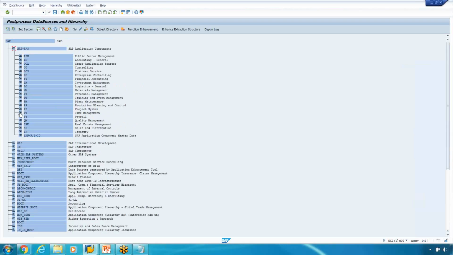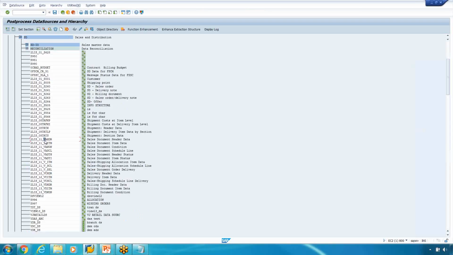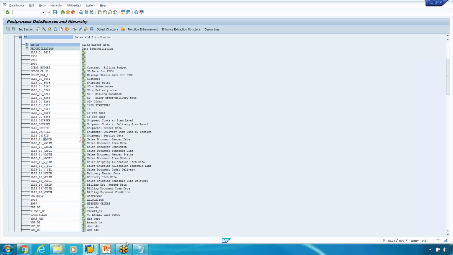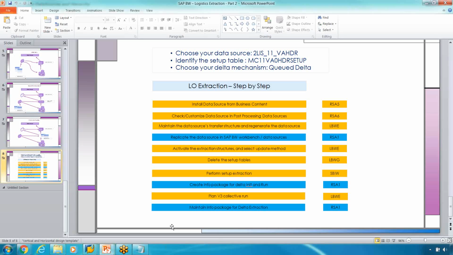Again, I go to the SAP R3, sales and distribution, right? So we have the data source here activated. If it is not activated, it will not be available here. So the data source is activated here. Now we confirm the data is activated, and the next step would be you go to the